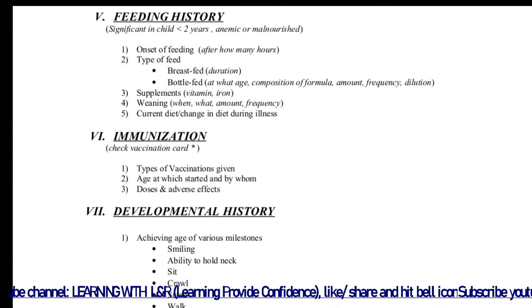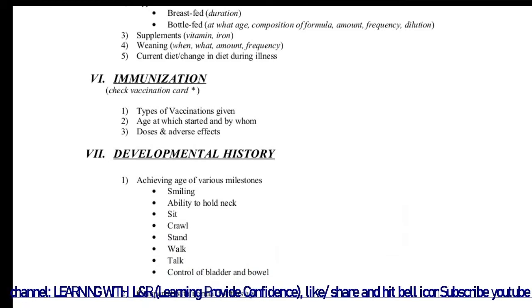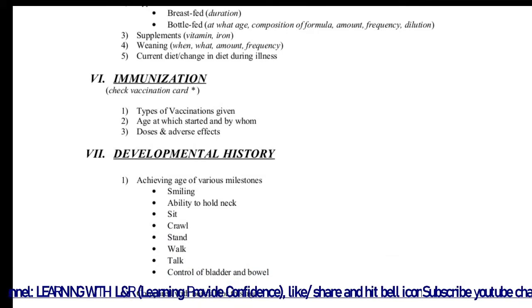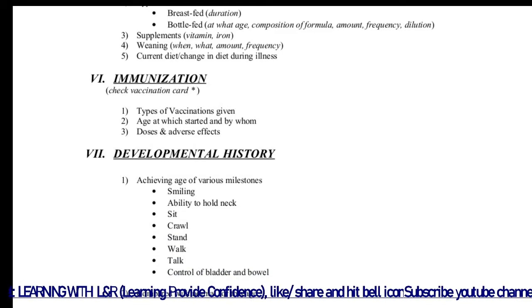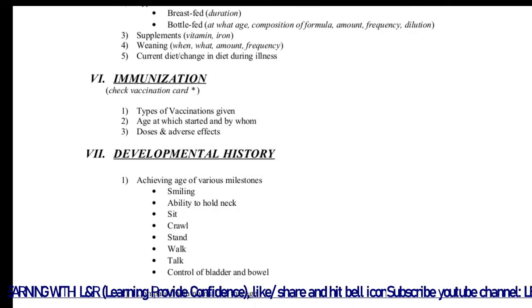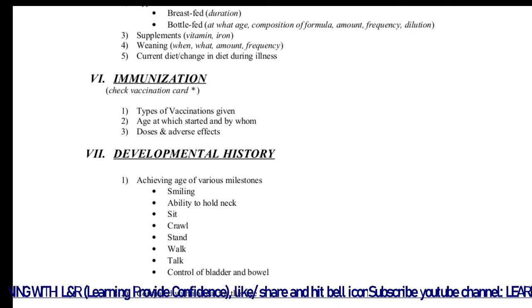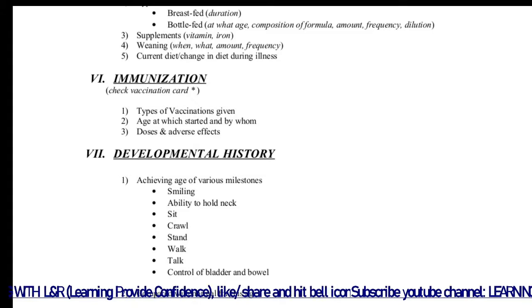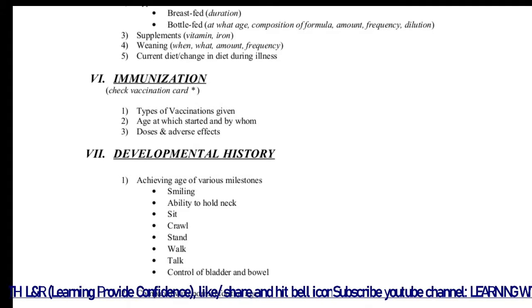Then the next one is immunization. Check the immunization card if present with the parents. Then types of vaccinations given to the child, age at which started and by whom started, doses and any kind